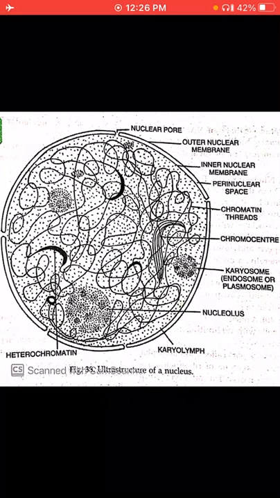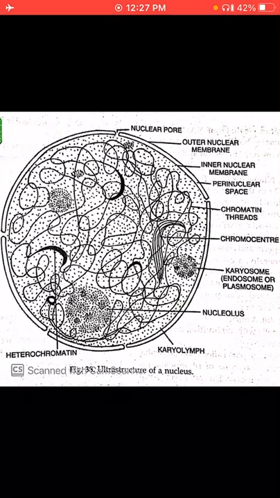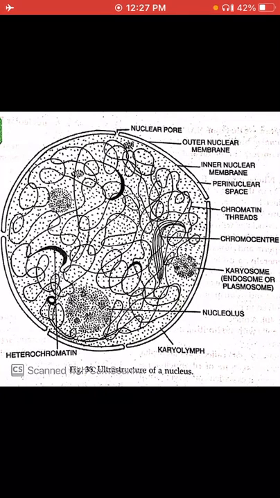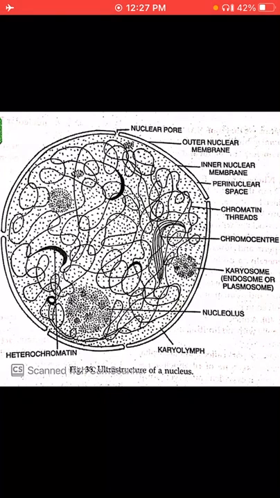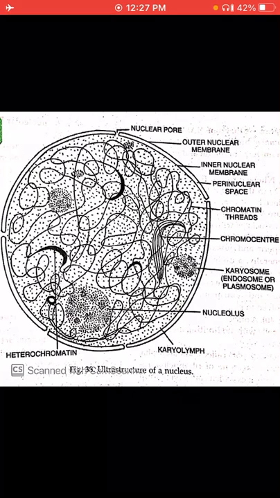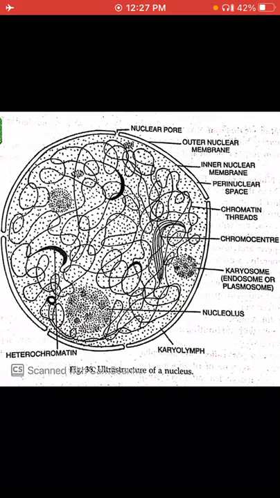Then coming to the nucleolus. The nucleolus was first observed by Fontana in the skin of the eel, the term was coined by Bowman, and the structure in a light microscope was given by Wagner. This is the history regarding the nucleolus. Its function is biosynthesis and storage of RNA, so it is also considered the ribosome factory. It also helps in spindle formation during cell division.